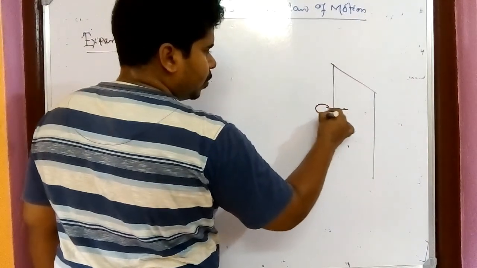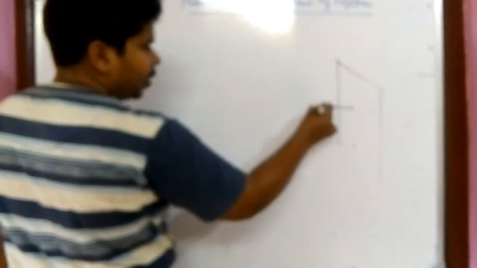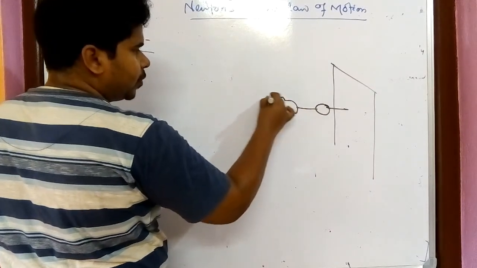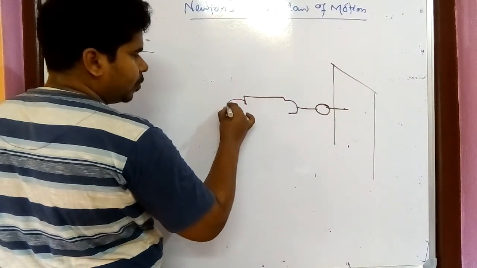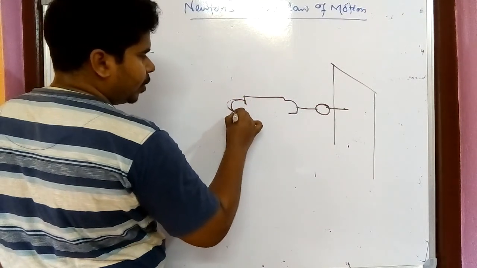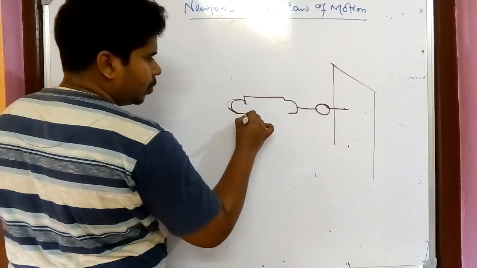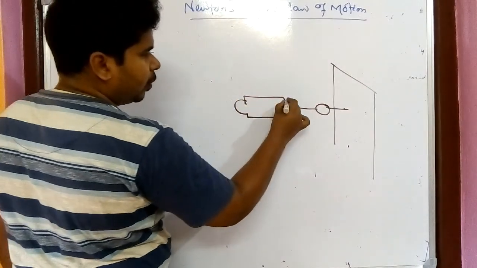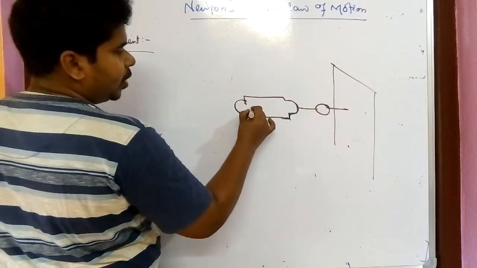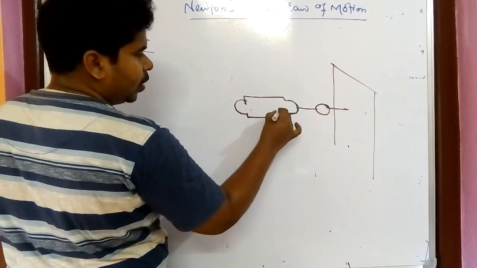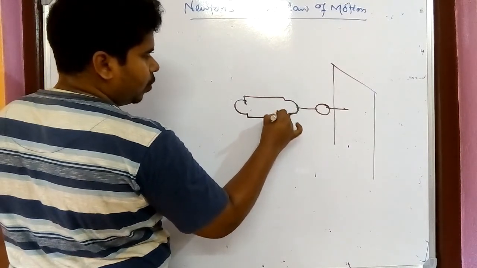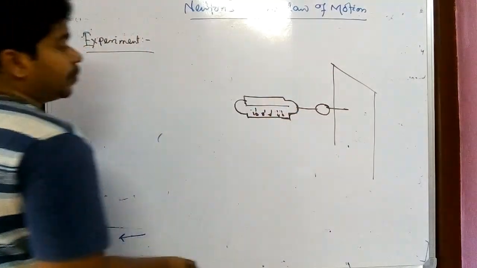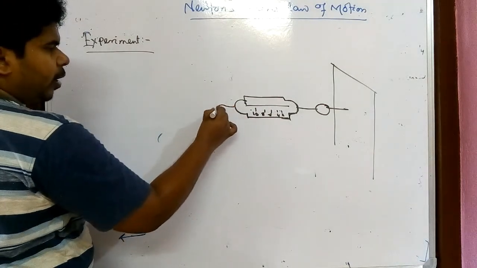In the wall, one fixed point is there, and to the fixed point we have attached one spring balance. Maybe the drawing is, I just want to do it a little faster. And here you see the scaling is there. Assume it is 2, 4, 6, 8, 10. So this is the scaling, and along with that we have connected